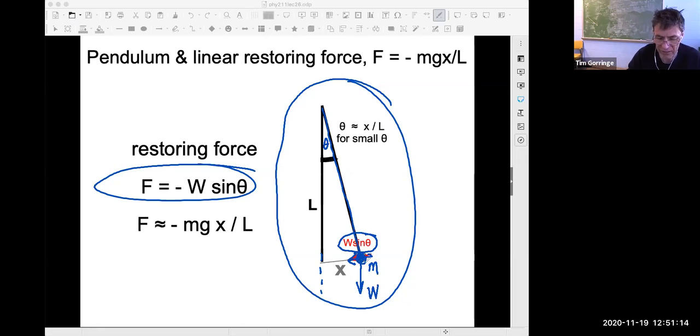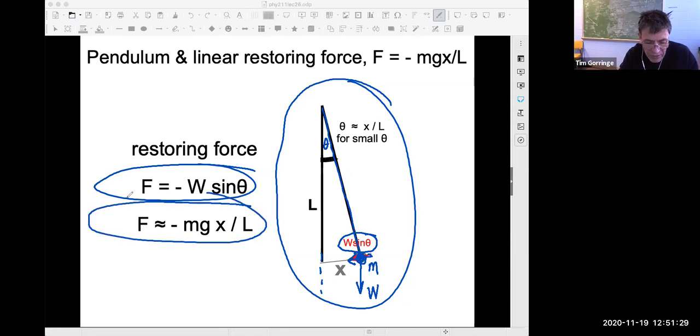As you increase x, as you pull the pendulum more towards the right, the restoring force gets correspondingly bigger. If you were to pull the pendulum towards the left, the restoring force would get correspondingly bigger. And so actually for small oscillations, there's a linear restoring force. Just like the spring force depended on the displacement of the spring from equilibrium, how much you stretched it or compressed it from equilibrium, the restoring force for the simple pendulum depends on how much you pulled the pendulum towards the left and right, away from the vertical.